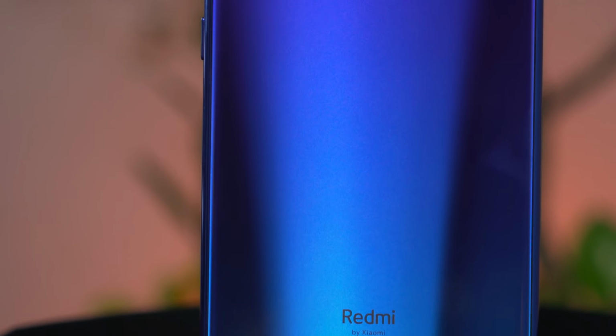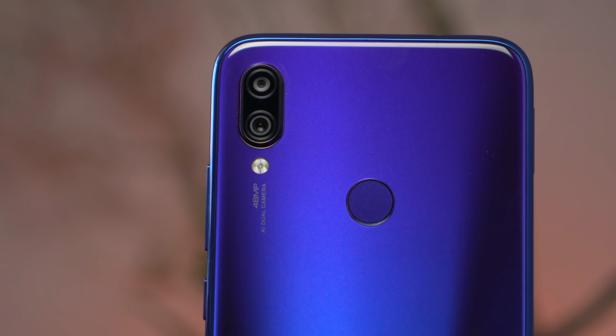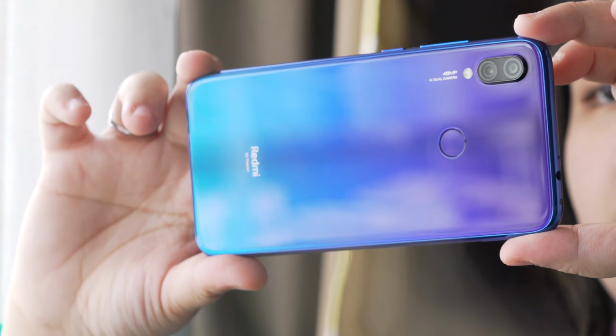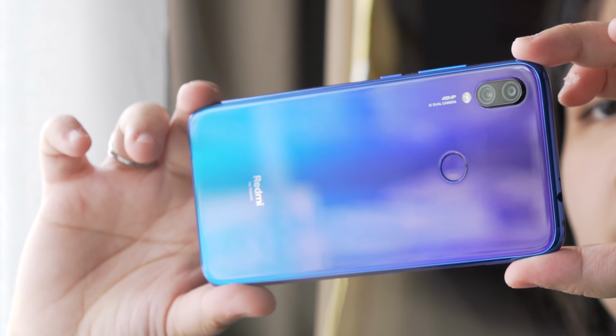The Redmi Note 7 sports a glass back that transitions into its glossy plastic sides, giving it a less slippery feel. Ergonomics are great in my hands and buttons feel adequately tactile. Our unit is in the Dream Blue color variant, and damn, the way light hits it just makes that gradient